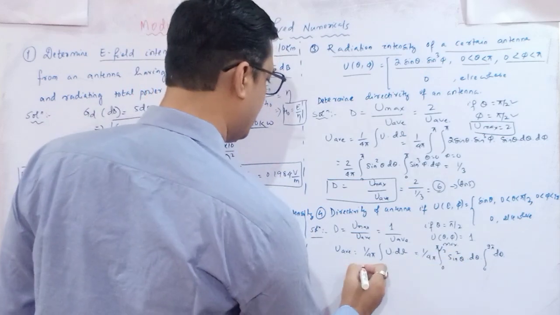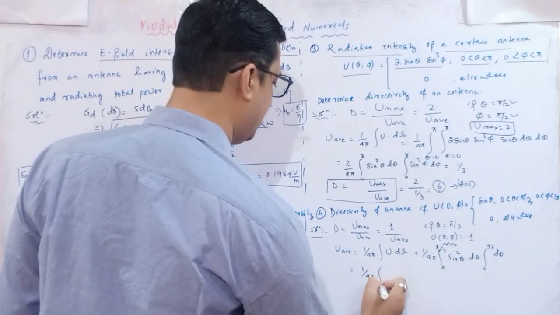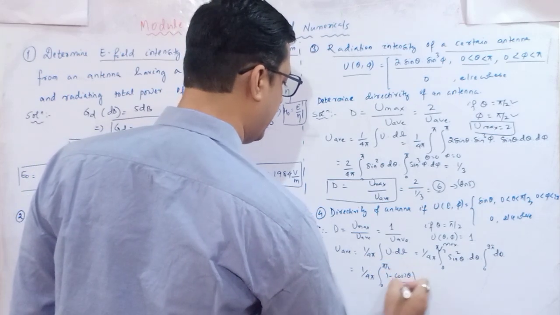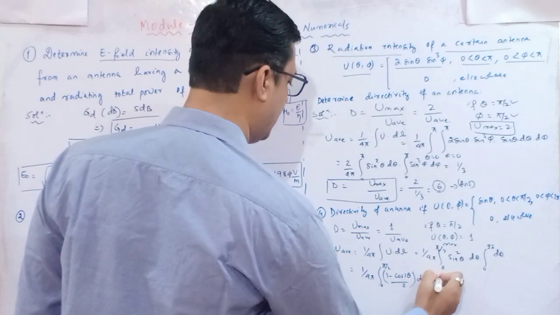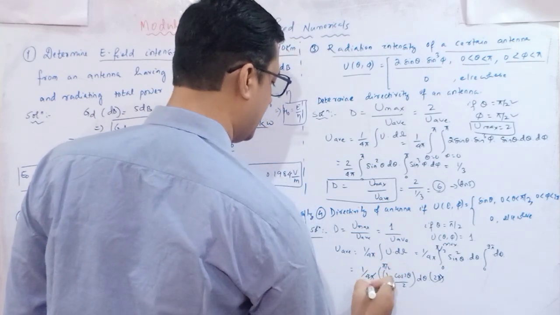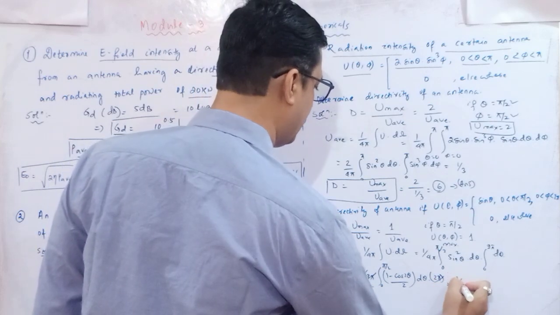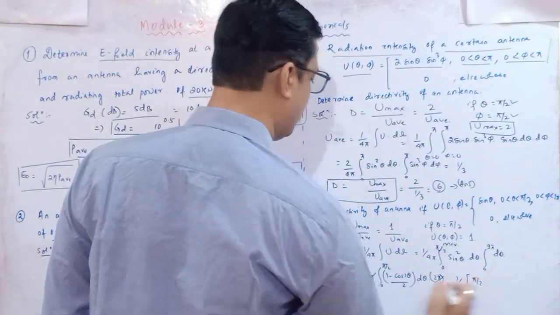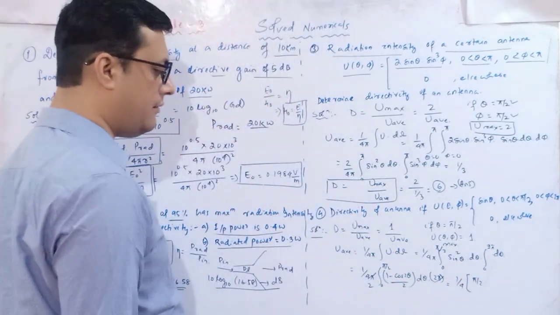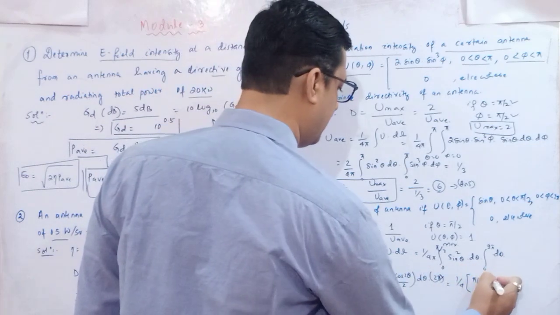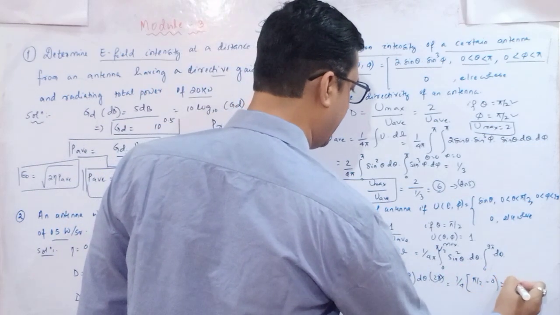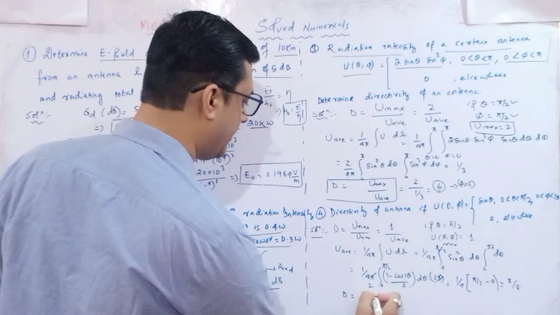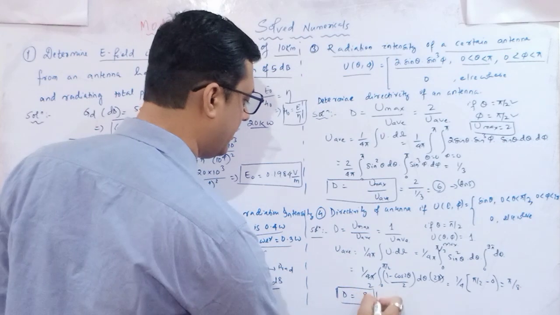Okay. So it is 1 by 0 to pi by 2, 1 minus cos 2 theta divided by 2 into d theta into 2 pi. This gets cancelled, 2. So here it is 1 by 4. Integration of d theta is 1, is pi by 2, and cos 2 theta means sin 2 theta divided by 2. So it is 0. So here we will get pi by 8, and our directivity will be 8 by pi. Okay. So this is my directivity. So this is your answer.